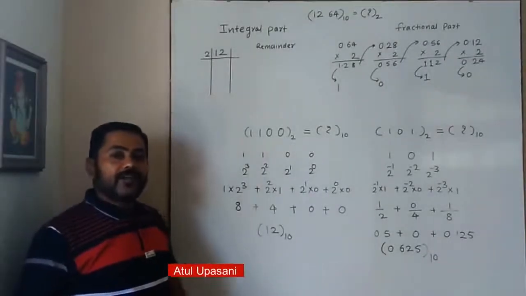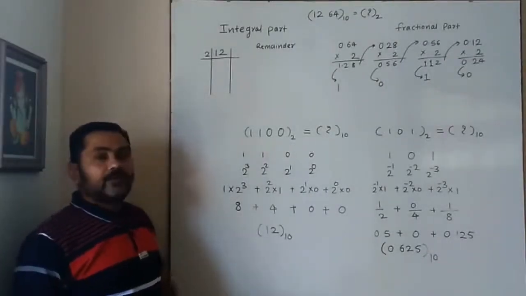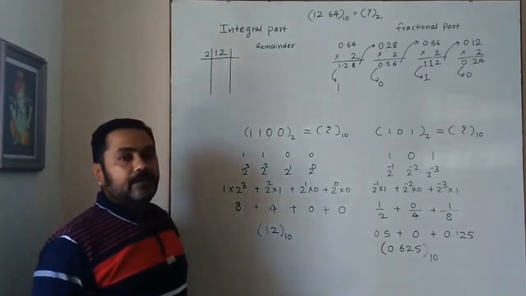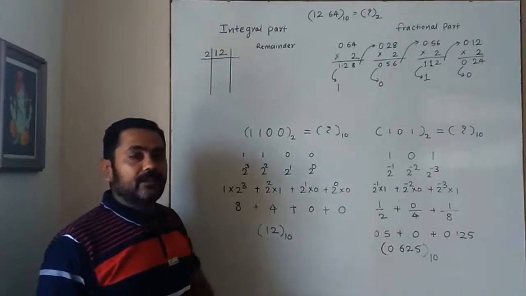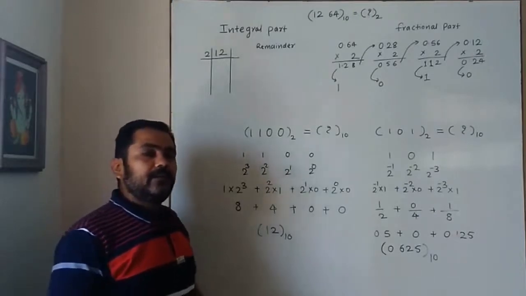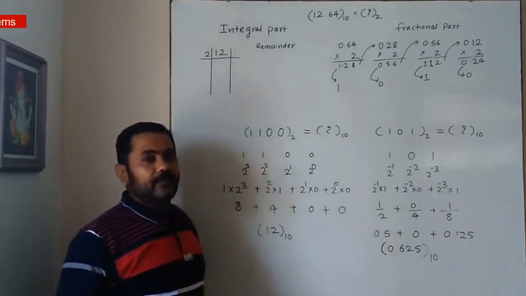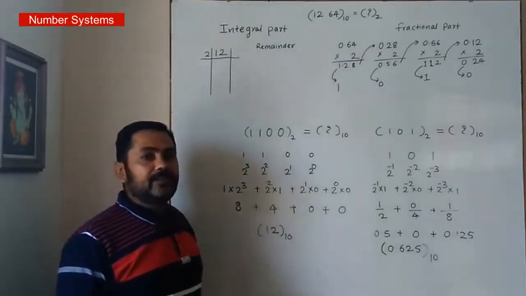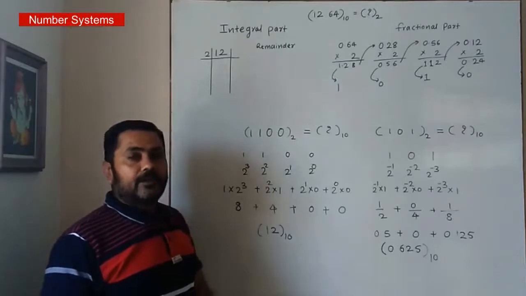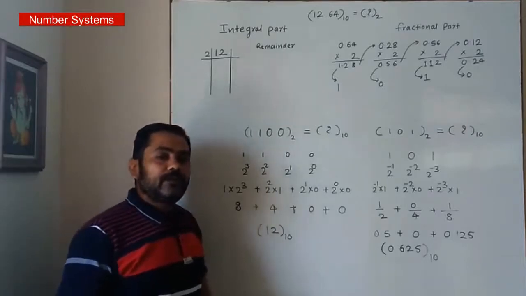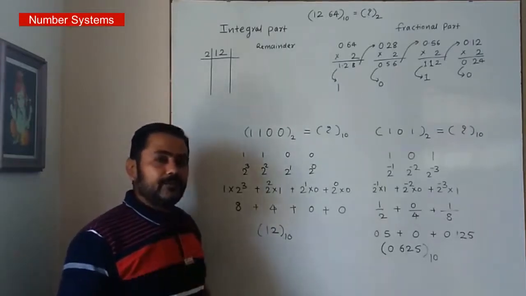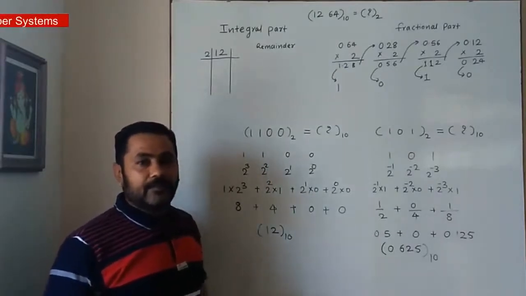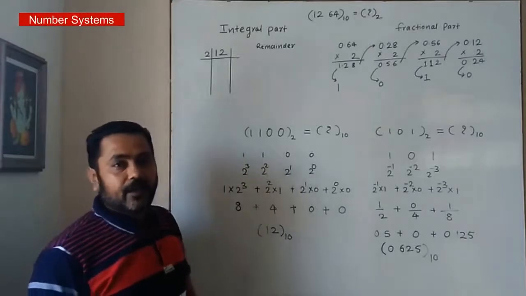Hello students, today we will discuss number systems. Number system is mostly used in digital computation, where the user understandable form has to be converted into the machine language, and the machine language is the binary number system. The computer mostly uses three types of number systems: first is the decimal number system, then the binary number system and the hexadecimal number system.